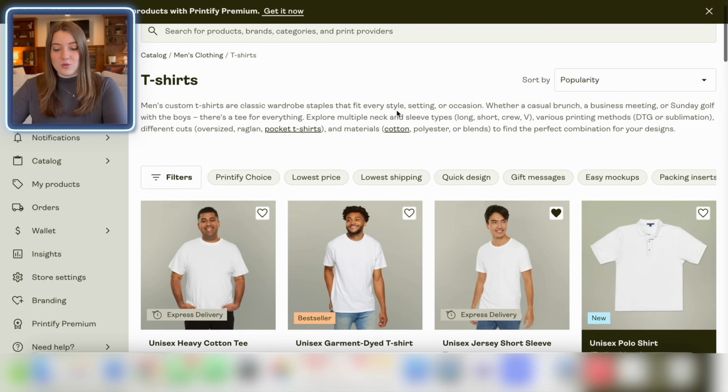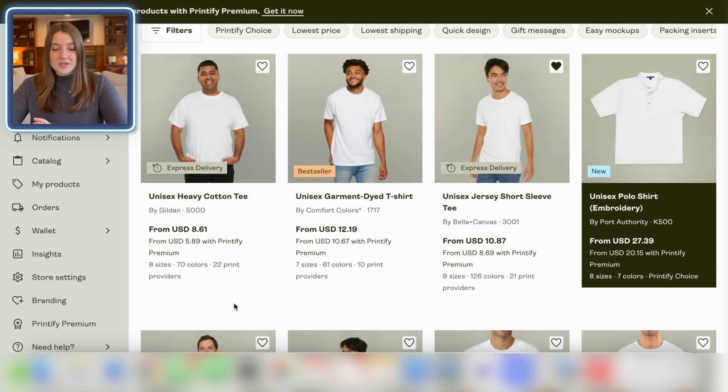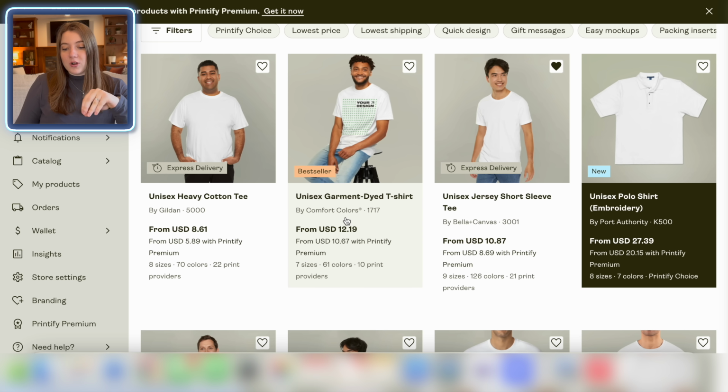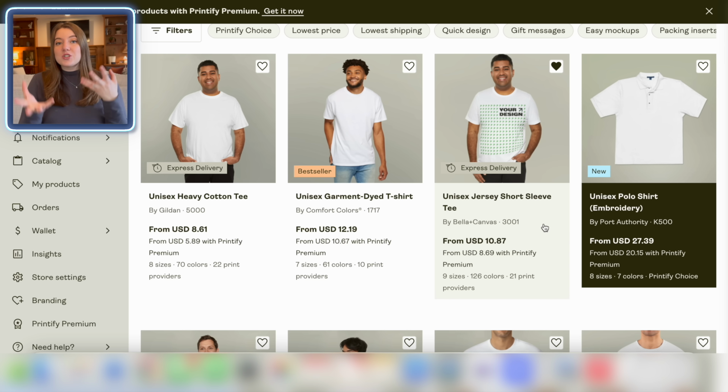on your Etsy store. Now, there are quite a few different options, but one you might be familiar with is the brand Gildan. They have kind of just a basic tee. There's also Comfort Colors, another great brand, but the one that I like that is kind of the sweet spot between quality but not being too expensive is the Bella & Canvas 3001. And you can see here that they're going to start around $10 and even less if you have Printify Premium, which is basically just a subscription you can get to Printify that's going to make every single item you buy